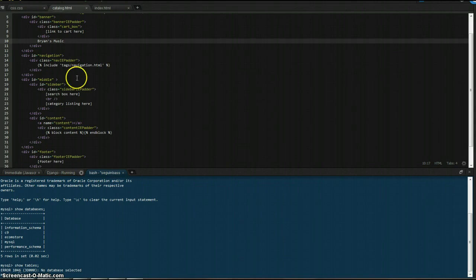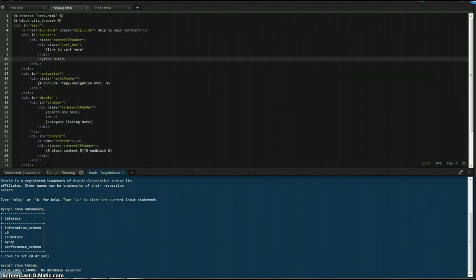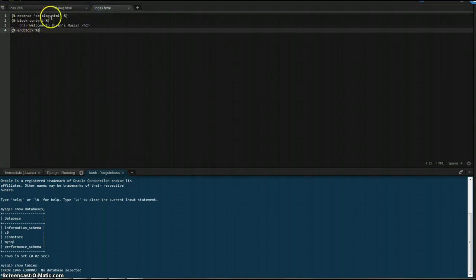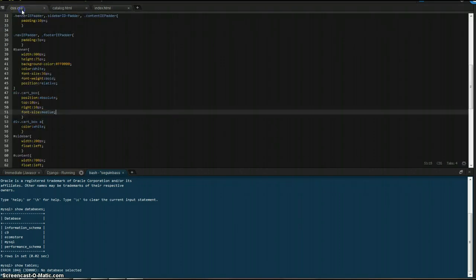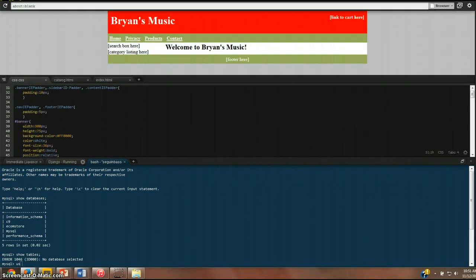The next thing I did was to make the needed modifications to make the site customized. In the catalog.html template, I made the title of the store Brian's Music instead of the other's music. This is where the template for the title is located. And then I went to the index as well, where I changed the welcome sign. In CSS, I changed the color of the banner to red instead of orange, using the CSS for the banner background color. As you can see, everything looks as